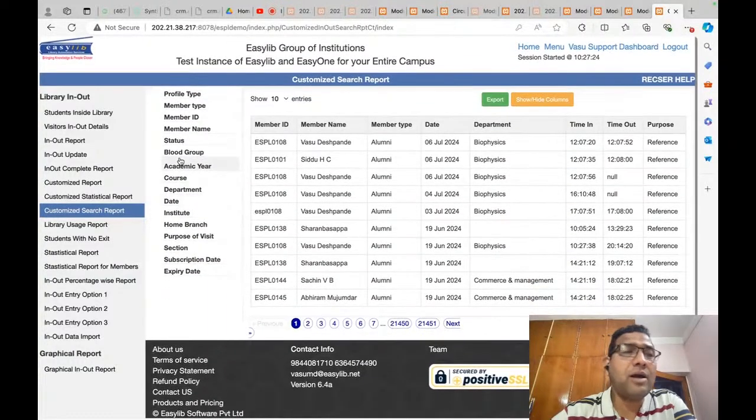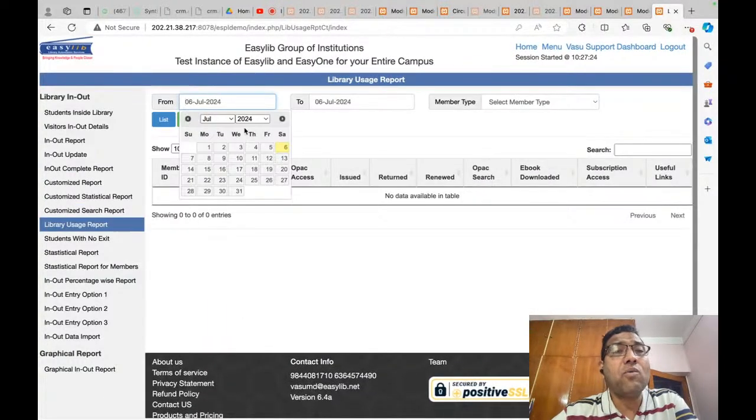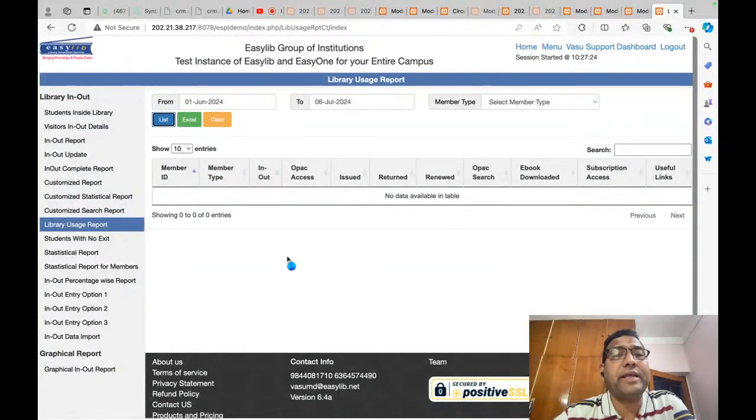Okay. All right. So now, the library usage report. This is an interesting one actually. What it tells is, for each student in that date range, the complete library usage. So now if I put the student here, okay, what it is telling is that